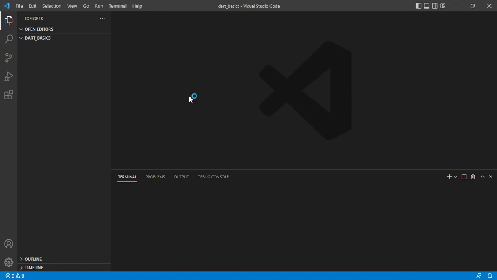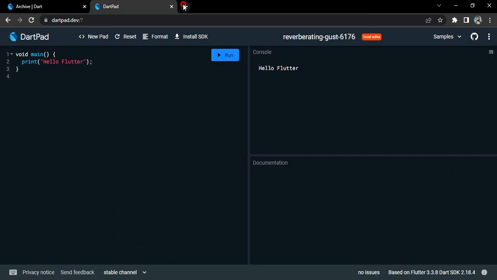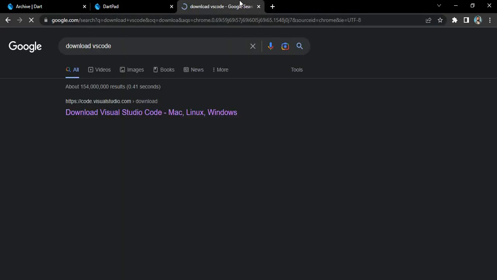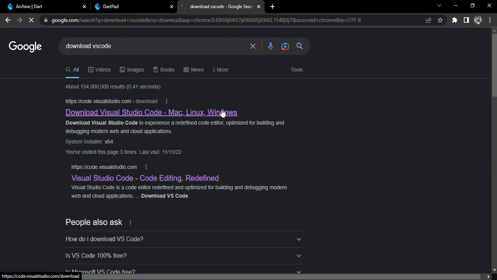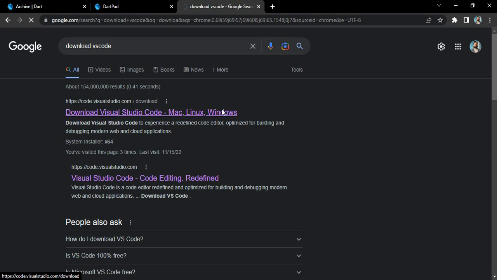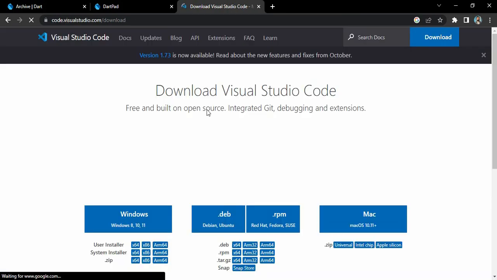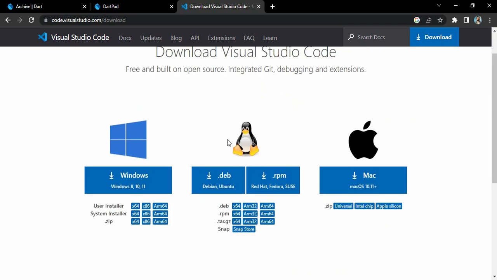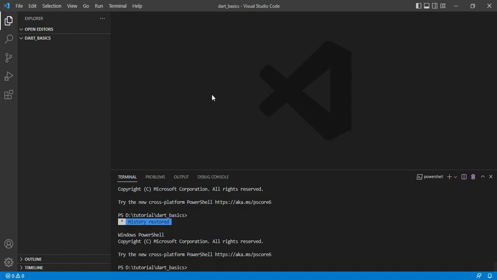Download Visual Studio Code. Just visit the link, type download VS Code, and click on this link, and as for your OS, download and install VS Code. And assuming you have VS Code installed, let's move to our topic, and we are going to learn the